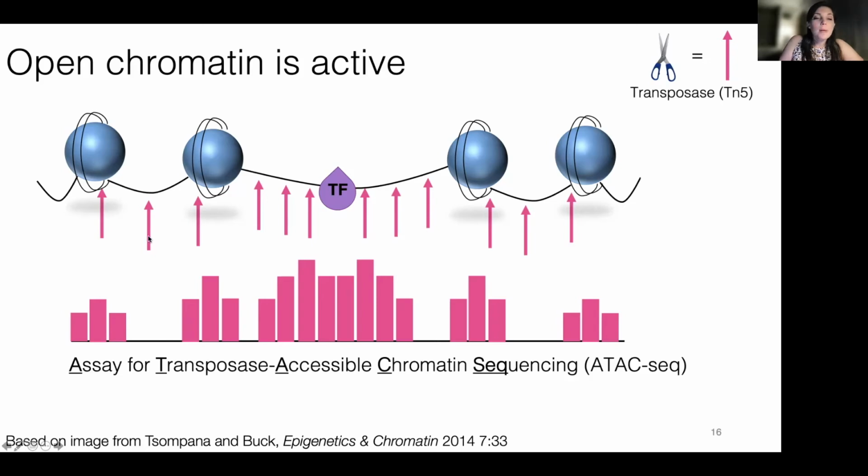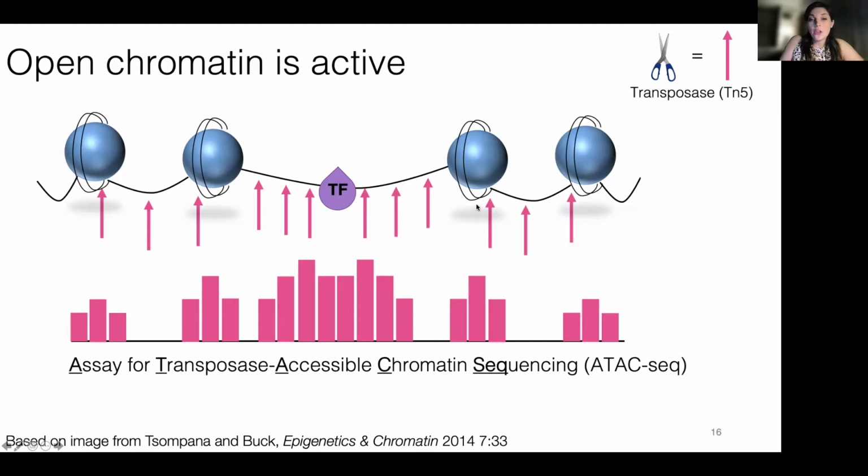Transposase does a little bit better cutting between the histones, or the nucleosomes rather. So that is happening here. And again, it's cutting between anything but being more protected by transcription factor. So we see something similar here that we saw for the DNase-seq, but we're also getting some signal in areas that are